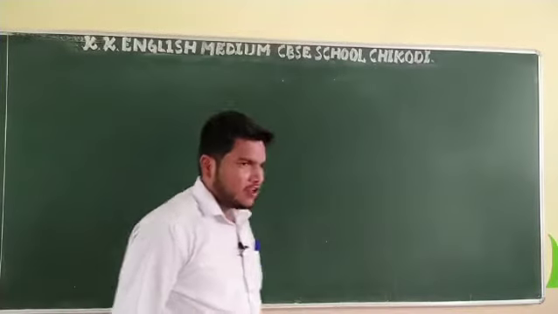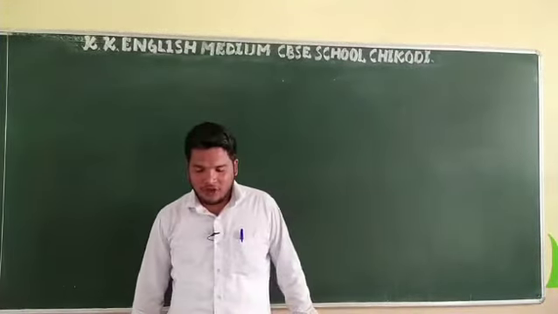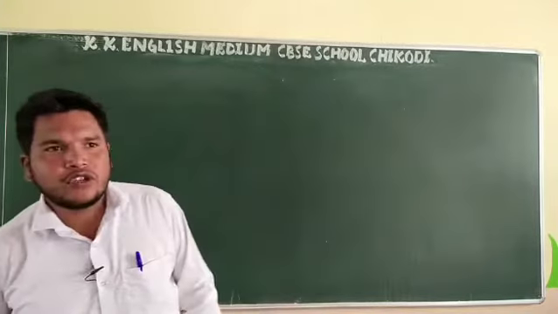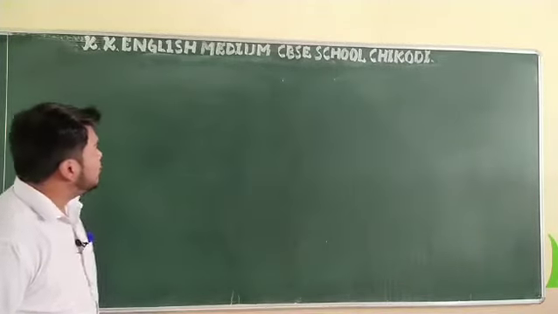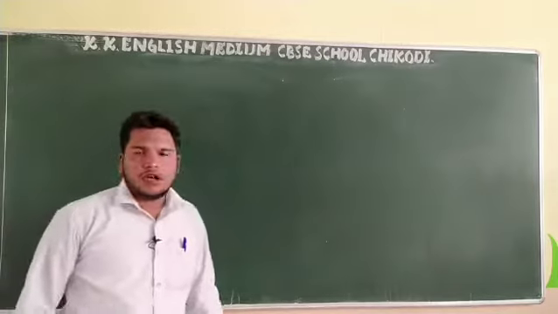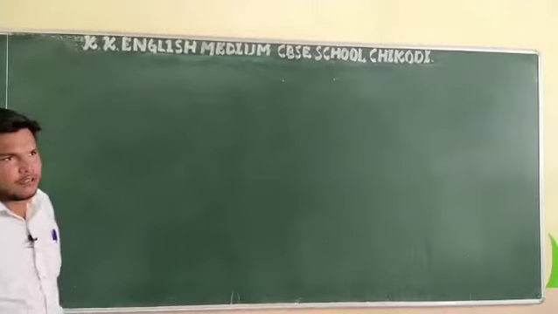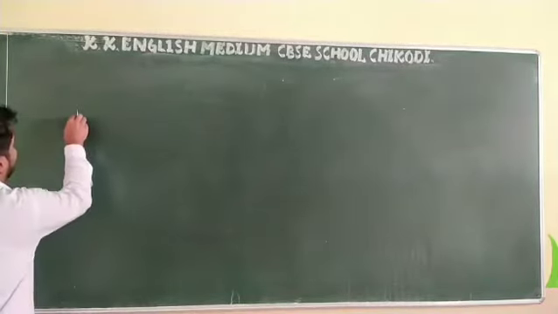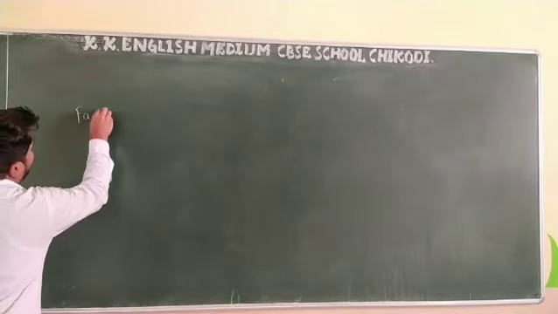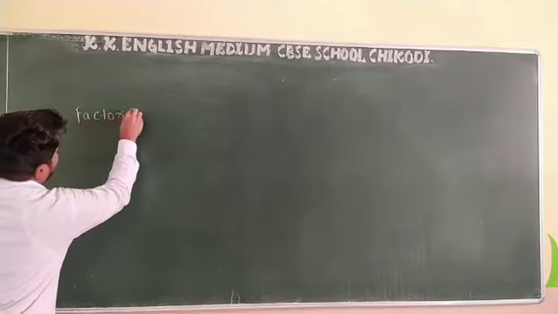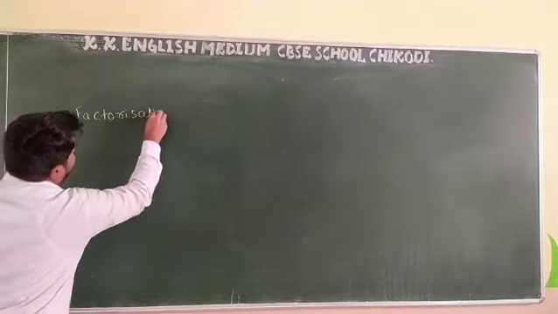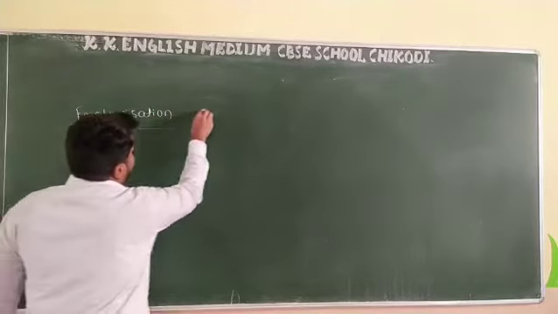So in the last class you have studied polynomials part 3. Now you are going to study the polynomials of chapter 4, that is polynomials part 4, factorization of polynomials.